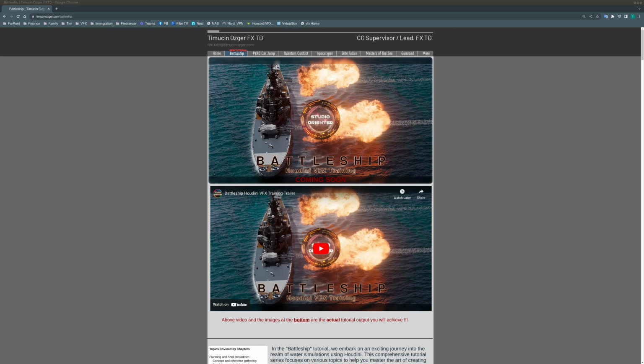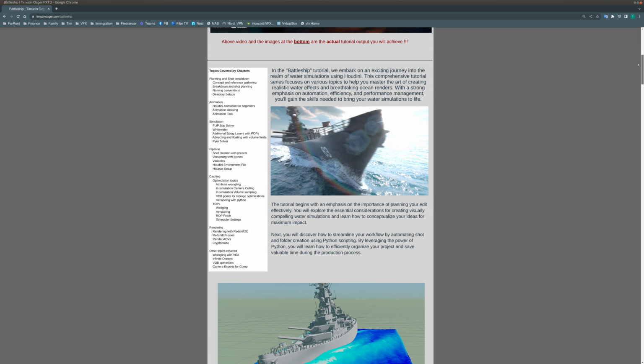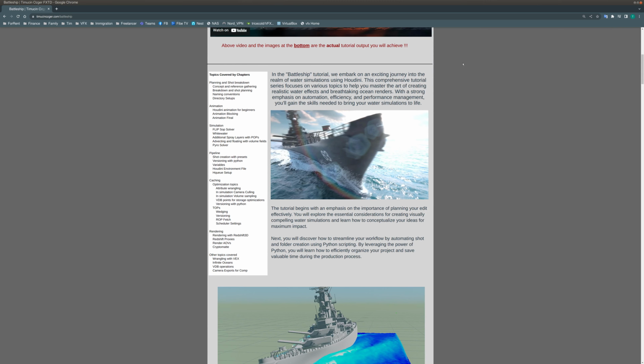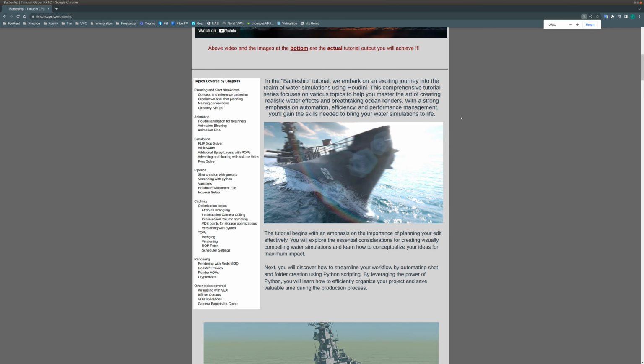all together. So what we will learn, if I scroll down a little bit, we're going to be learning planning and shot breakdown. We're going to be learning naming conventions, directory setups. We're going to be learning a little bit of animations and single pivot rigs. Well, it's a ship. Houdini specifically, we're going to be learning Flip Sop Solver this time. We're not using the DOPs for this tutorial, just like my RBD simulations, RBD Bullet Solver, RBD